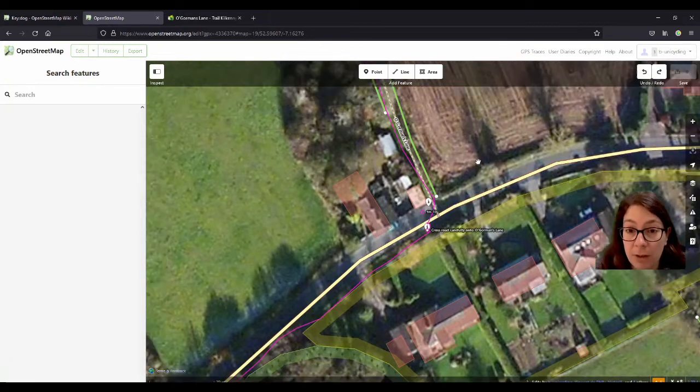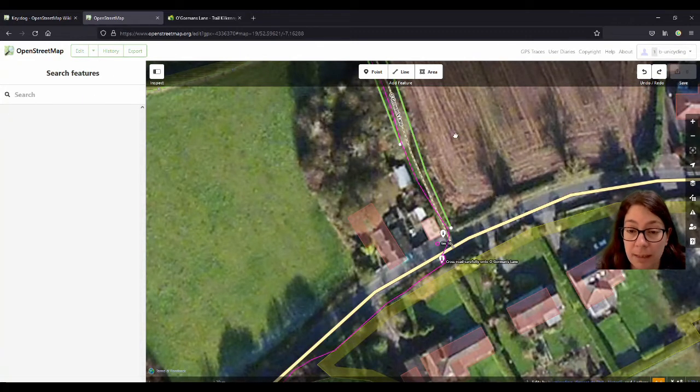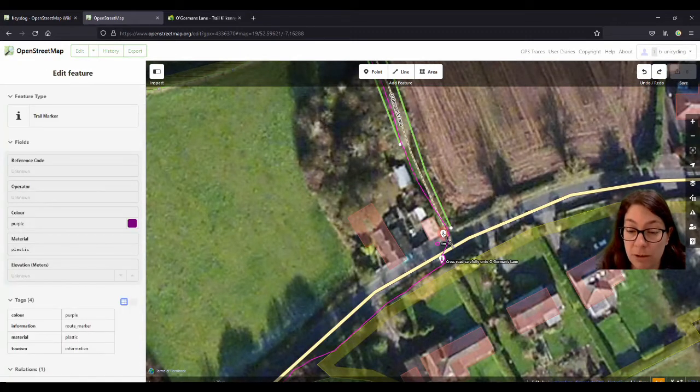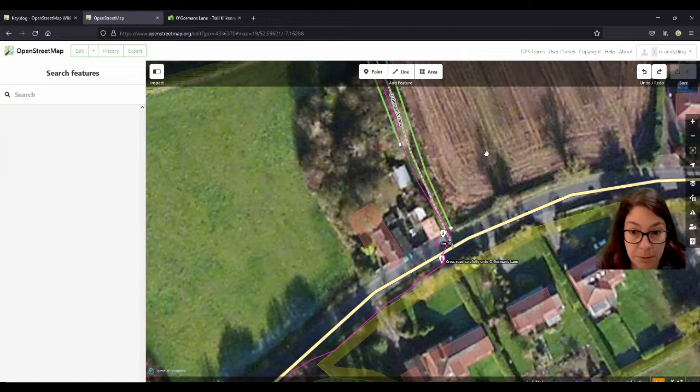And I will continue on adding all the tracks and pathways to the relation and also all the trail markers, and you don't have to watch me do this because it would take forever. But if I encounter anything interesting and important, I will record that bit then. So I have everything covered that I can think of.